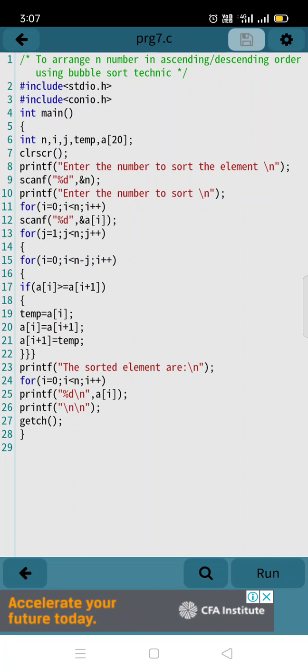And this a of i plus 1 becomes null, meaning it has nothing. After that, the a of i value, which was already transferred to the temporary variable, is there in the temporary variable, and we are going to transfer that to a of i plus 1.